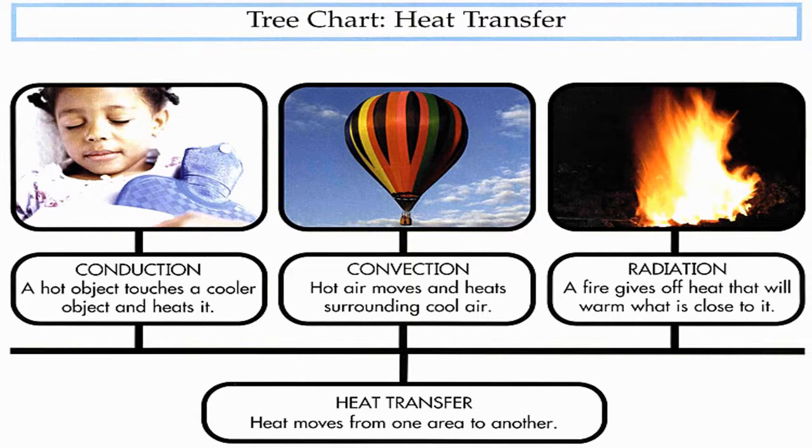From our lower classes, we have studied heat and many concepts related to heat. So starting with latent heat, let's revise a few topics related to heat transfer. What do we understand by this term heat transfer? Heat transfer is nothing but heat moving from one area to another. There is a movement of heat from one place to another. And there are three types of heat transfer: the first one is conduction, the second one is convection, and the last one is radiation.